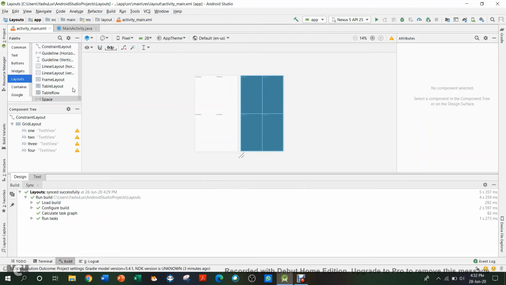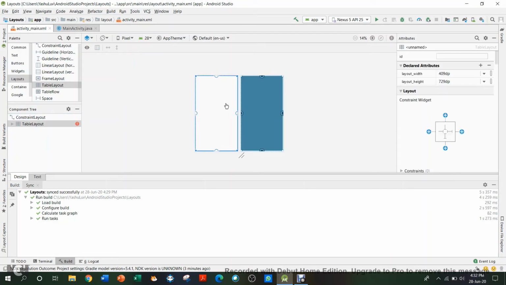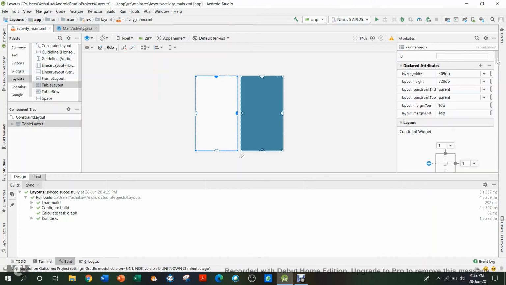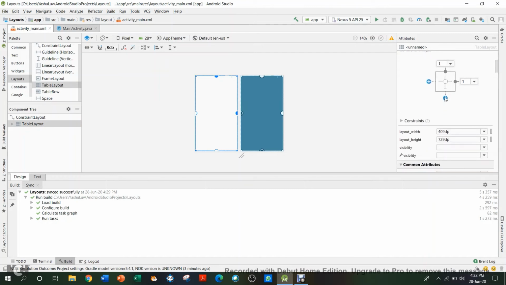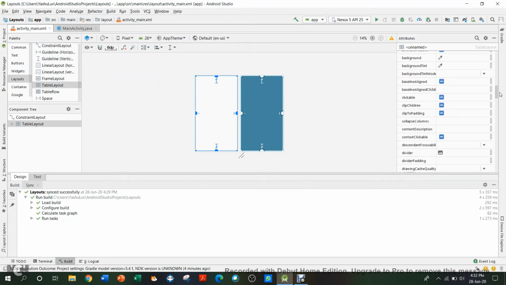Yeah, and then there is table row, which is like in a table layout. So let's get rid of this grid layout. So if we get in the table layout, just add some constraints. The table layout is also very similar to the grid layout.